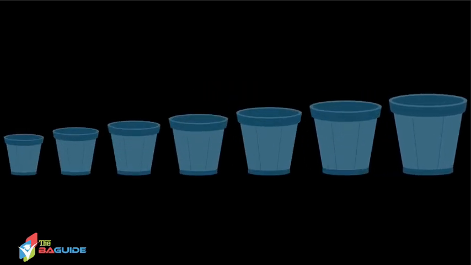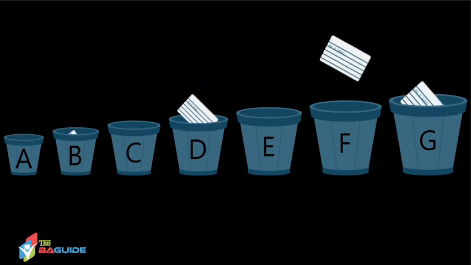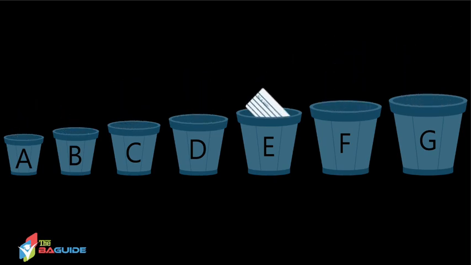Okay, so we have these buckets. Let's call them A through G. So we have bucket A, bucket B, bucket C, D, E, F, and G. The A bucket represents the smallest effort user stories. The G bucket represents the largest effort user stories. So the team grabs a user story, analyzes and discusses the details, and then determines the appropriate bucket it would